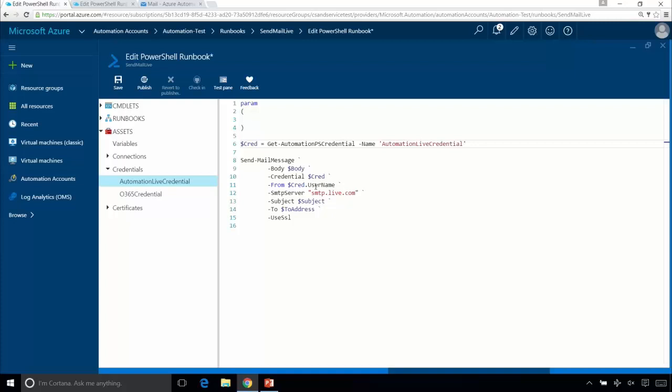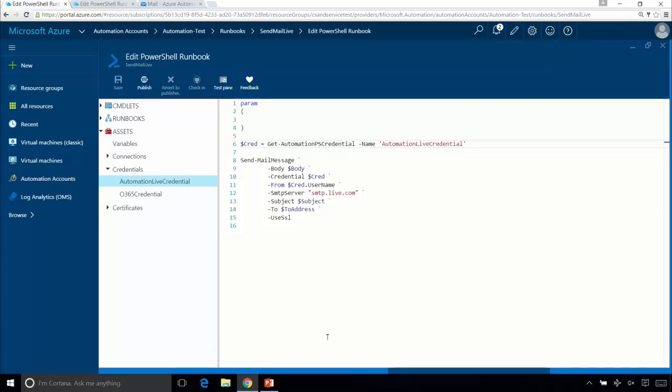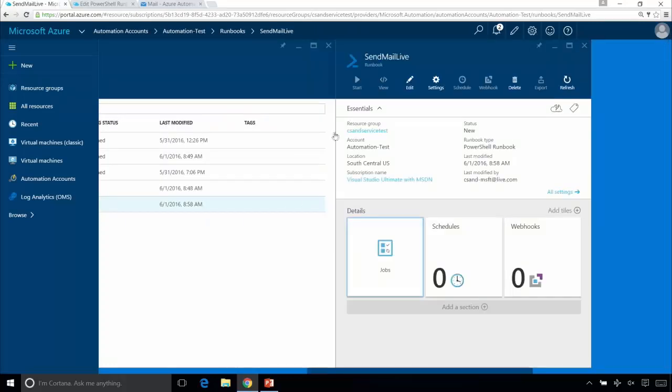So in advance, ahead of time, you've set up this credential, this automation live credential, and you've actually hard-coded the credentials in there. So it's almost like an account that you could then give to people who don't have perhaps as much privilege, and they could use it without needing to know the specifics of the credential. Is that right? Exactly. That's one of the